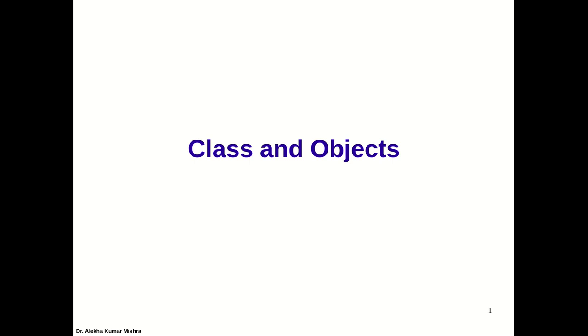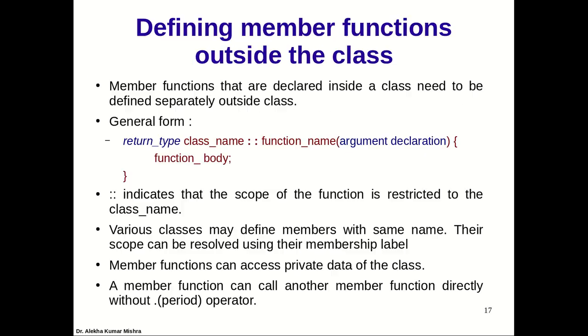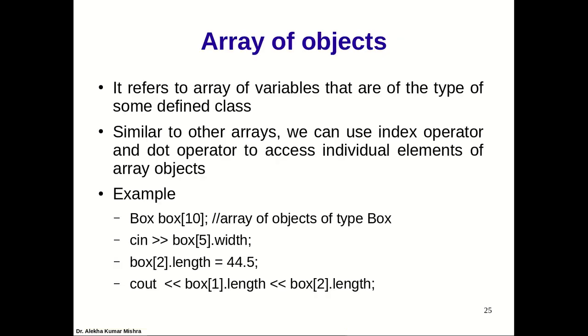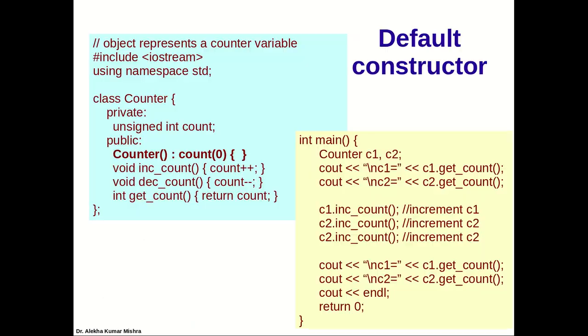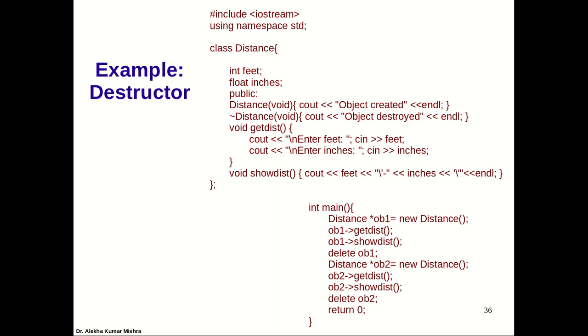And in this second part, we'll continue our discussion on the remaining type of constructor, that is the copy constructor, and all other concepts which are related to the definition of class and objects. So I'm going to the slide where we completed in the last lecture. So if you remember, we discussed this example of destructor and we stopped. So we'll proceed from this point onwards.